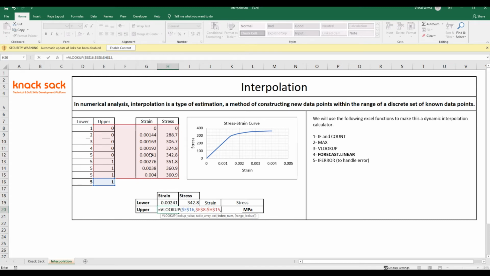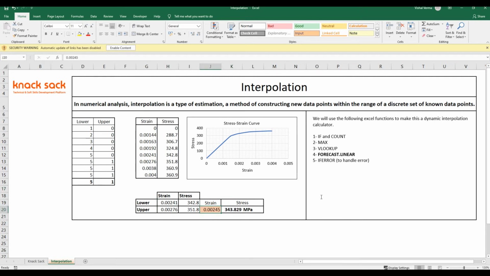Then column index number, what we are going to find is strain value. So this is first column, second column, third column, fourth column. So we will give a 3 as column index number, exact match. Okay. Similarly, Control C and Control V, after changing the column index number to 4, we are getting the lower and upper values of strain and stress.